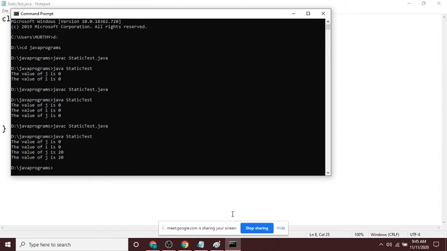Yes, sir. Okay. And what is the third one? If you change the value of a static variable, then what happens? It is reflected in all the objects. All the objects can see the change. Whereas if you change an instance variable, that modification is private to that object. But if you modify your static variable, that modification is shown to everybody, every object or every class.